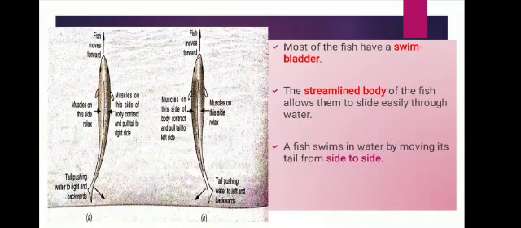And in diagram B, when the tail of the fish is pushing water to the left side, the fish balances its body by turning its head to the right side. And the backward push of the tail on water makes the fish move forward. So the net result of beating the water with the tail on both sides is that the fish keeps on moving forward or swimming continuously. Clear?